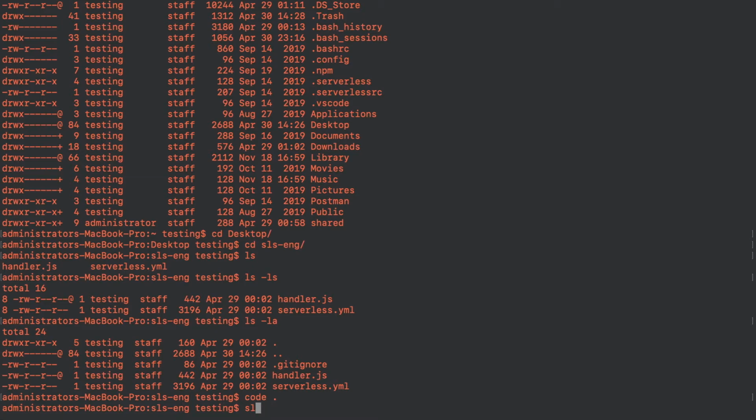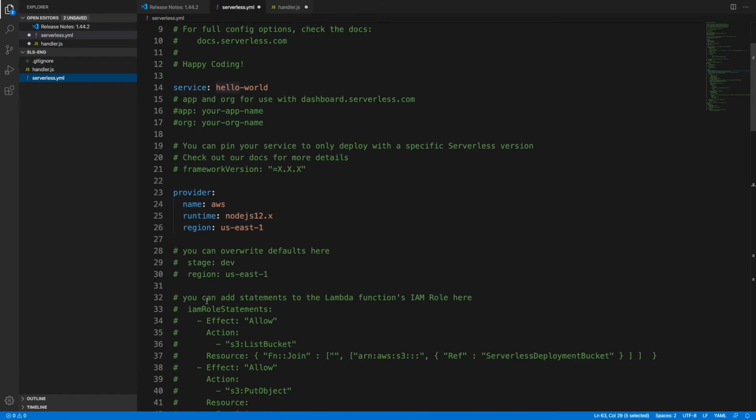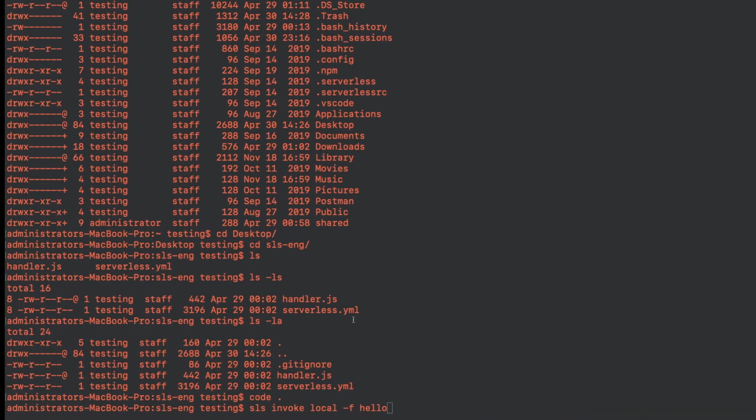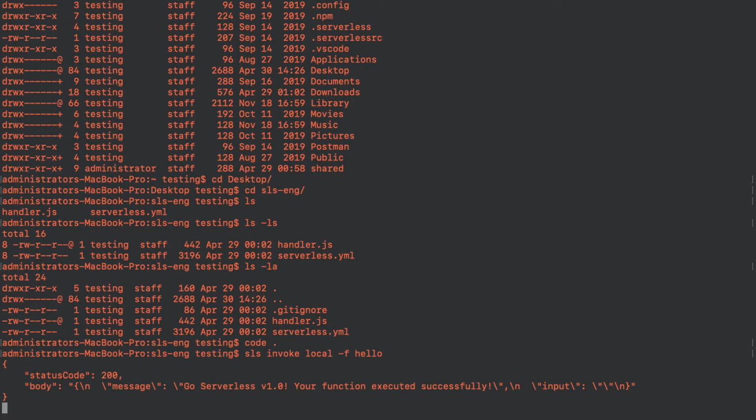There is a particular script for that. There is a local invoke, and there is serverless offline. We will talk about serverless offline in later videos, but right now we will talk about the local invoke. So how do we write it? We just have to write sls invoke local, then put -f and provide the function name, which is hello, as we have mentioned here. We write it here, hit enter, and let's check whether it's working.